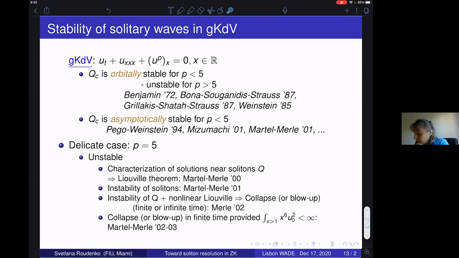Merle was able to show the collapse, so prove the collapse, in finite and infinite time. To show that it's finite time, this is where a little bit more delicacy comes in, is that you need to control the tail, right? So you need to know how the solution behaves and exactly how it decays. And depending on how it decays, for example, if it decays a little bit better than, I guess, x to the 5th, so whatever the power is, then that's sufficient to guarantee the finite time of the blow up.